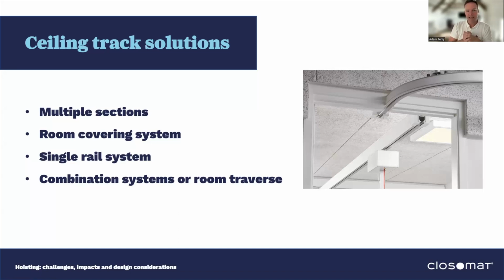Single rail systems tend to be used when people are traveling across longer spaces. So maybe down corridors. My experience is that they tend to see them in more institutional environments and less in the home environment, unless the home environment is really big. If that happens, my experience tends to be that we use a combination system or room traverse. And the combination system is like the one you're seeing in the image there, where something takes the person across the room, and then there are systems in place that link one system to another safely, sometimes using magnets or other kind of linkages